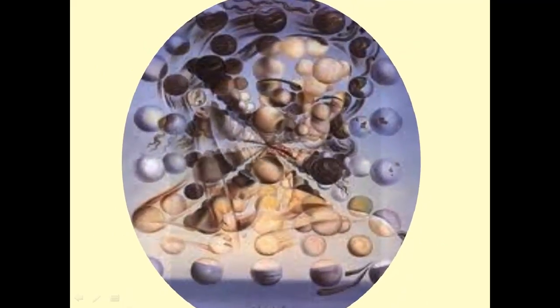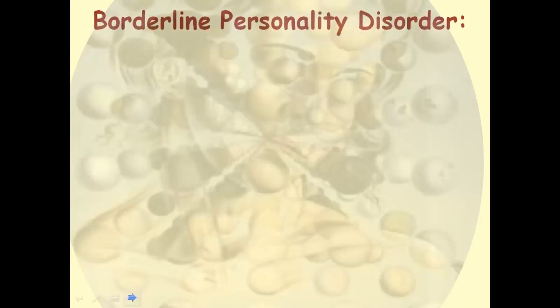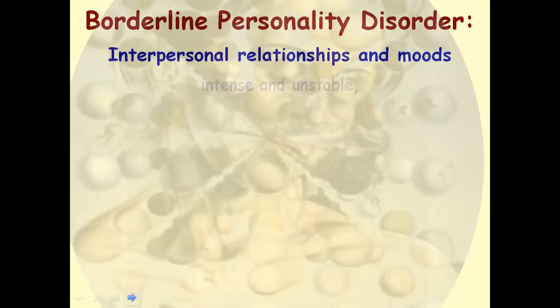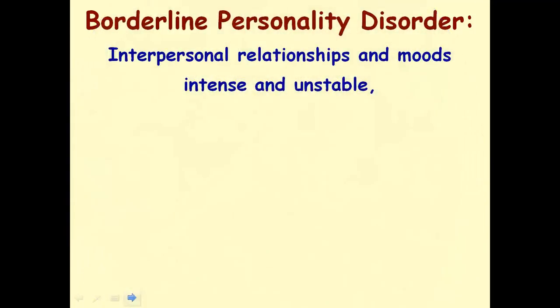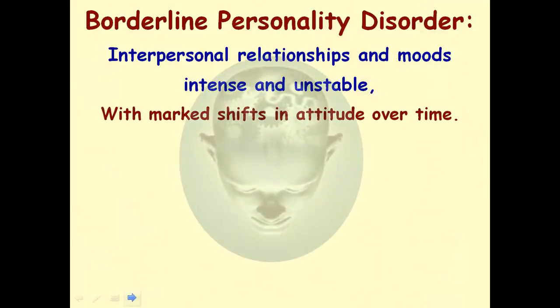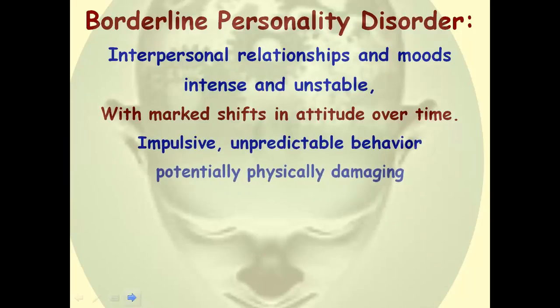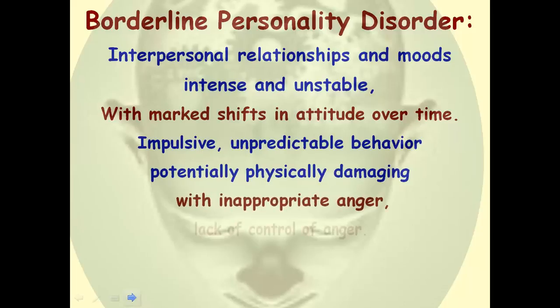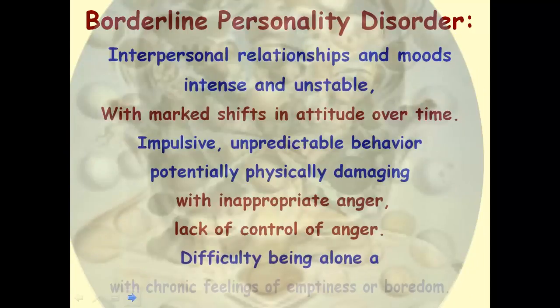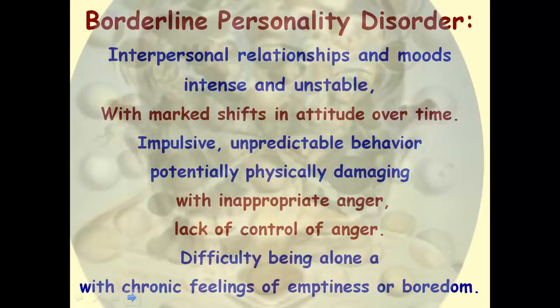Those with a borderline personality disorder often experience intense and unstable interpersonal relationships and moods with marked shifts in attitude over time. When they first meet a new person, they'll over-idealize the individual. However, in a short period of time, the new acquaintance disappoints them, and then they see no value whatsoever in the person. They're often hampered in achieving goals by their impulsive and unpredictable behavior that is potentially physically damaging, with inappropriate anger and a lack of control of their anger. They have difficulty being alone and experience chronic feelings of emptiness and boredom that they attempt to alleviate with drama